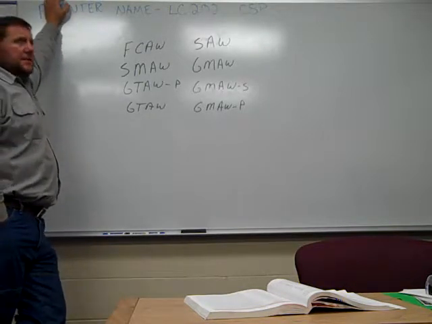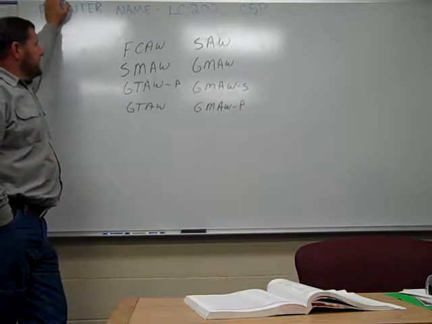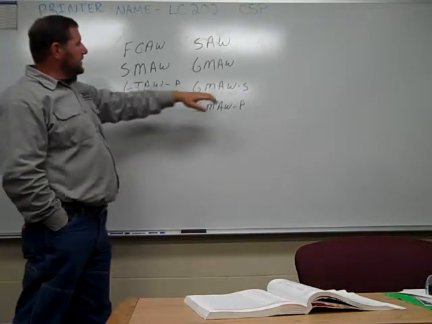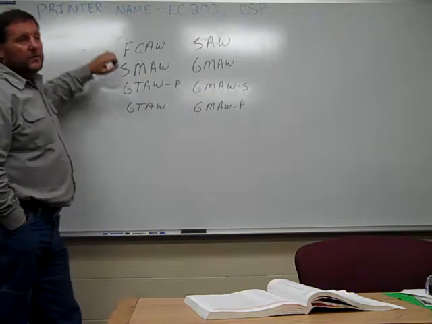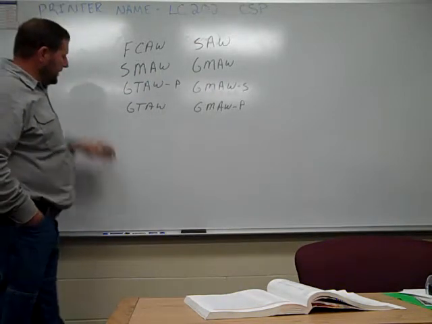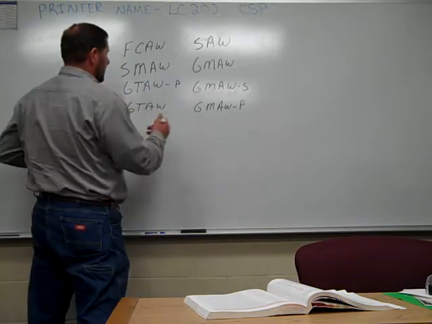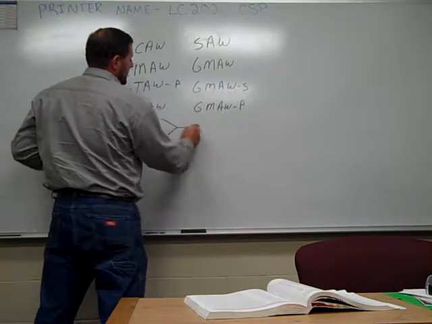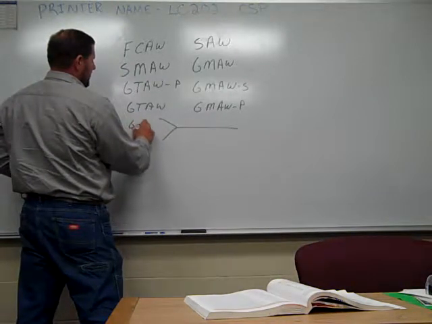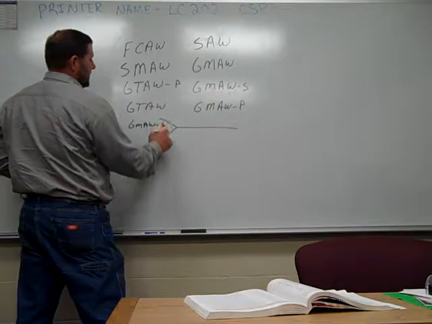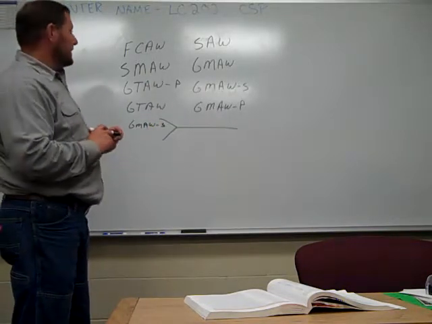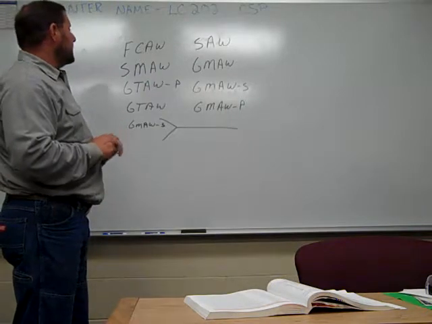So there are a lot of shop lingo terms out there, but when you actually see a print designed by an engineer, he's going to use the technical name that actually needs to be performed. Where you might actually see these is probably in the tail of your weld symbol and welding symbols. It might say GMAW/S, so that weld joint actually gets welded in short arc. That's where you're going to see it on a print.